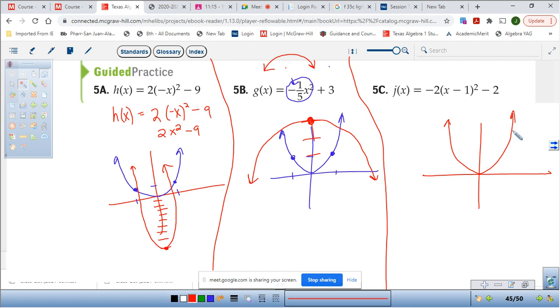If you did it right, guys, this is what you should have done. This one slides it right, 1. This one slides it down, 2. That's my vertex. This now makes it open down and more narrow. What do y'all think in that sense? Did you all get that? It's not too bad, right? You've got to recognize this, guys, on the STAR test that is written in this form. If it's not written like that,